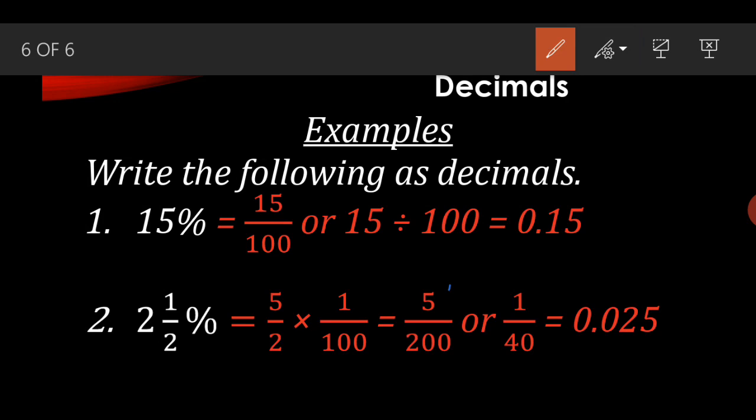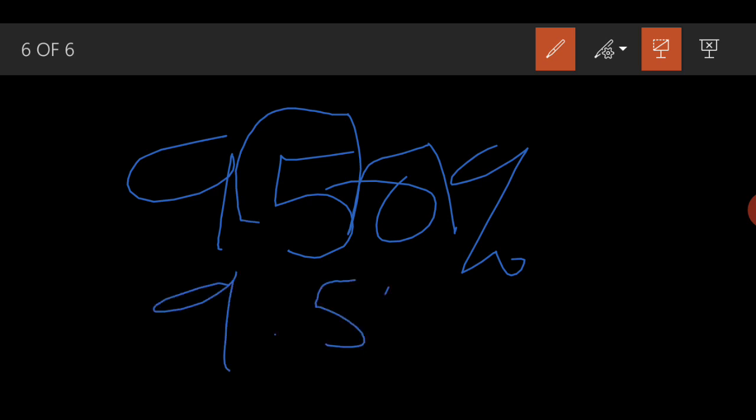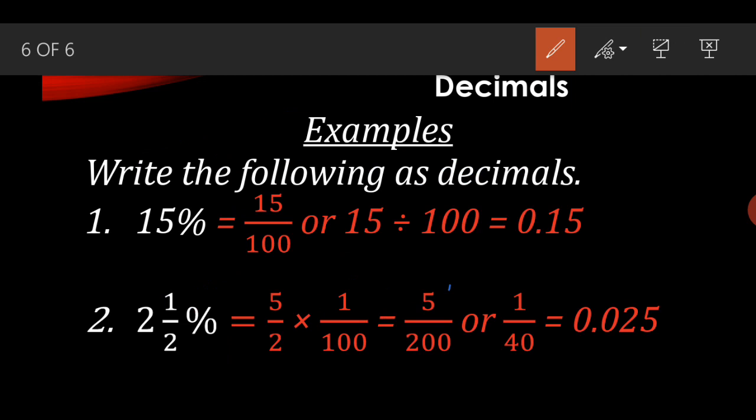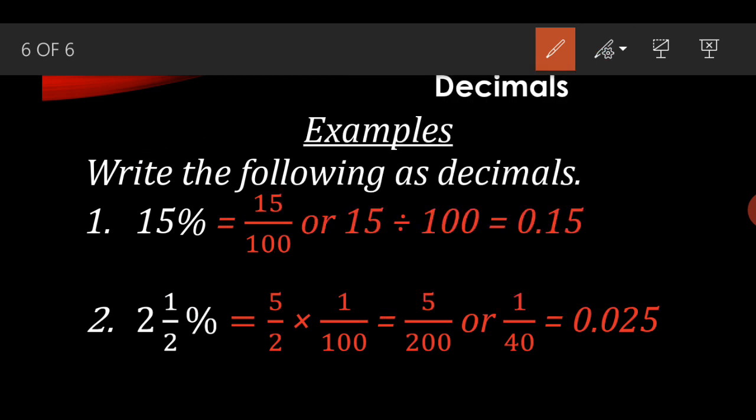It could also be that, let's say we are given 950%, change it to decimal. That means our point is already here. It's moving 1, 2. So we have what? 9.50. So let's quickly continue. Let's go to the second one. Second one says